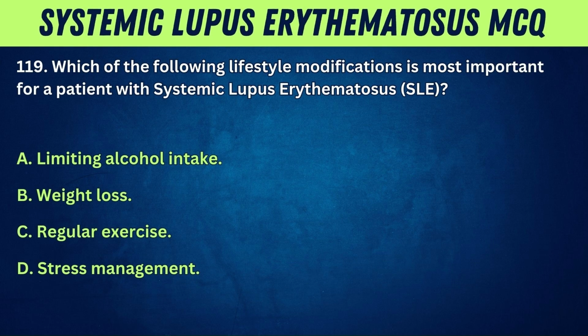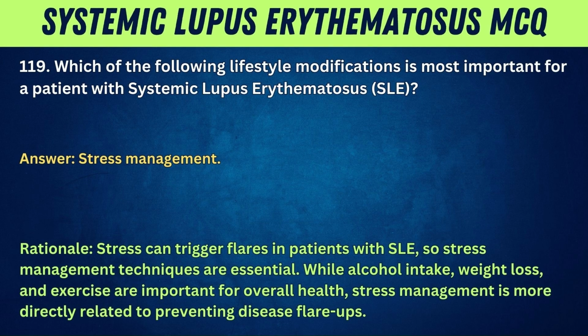119. Which of the following lifestyle modifications is most important for a patient with systemic lupus erythematosus, SLE? A. Limiting alcohol intake. B. Weight loss. C. Regular exercise. D. Stress management. Answer: stress management. Rationale: stress can trigger flares in patients with SLE, so stress management techniques are essential. While alcohol intake, weight loss, and exercise are important for overall health, stress management is more directly related to preventing